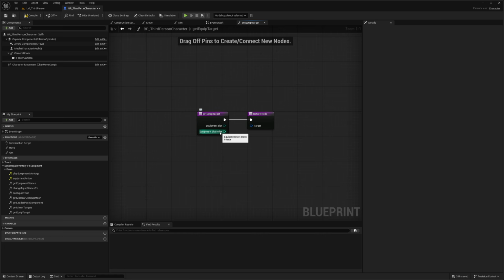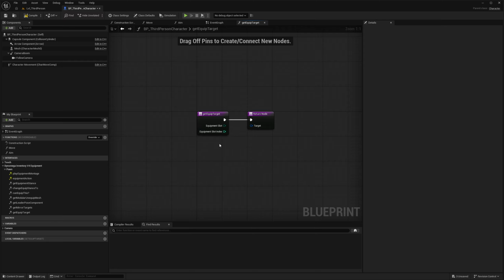The equipment slot index is an optional offset, and it is also set on the item in the equipment data table. The index is useful when you want an alternate target for the same slot. For example, imagine a melee weapon and a bow. Both are main hand equipment, but you might want the bow to attach to the left hand, while your melee weapon attaches to the right hand. In that case, you keep the slot the same and use the index to switch which hand, or which socket,